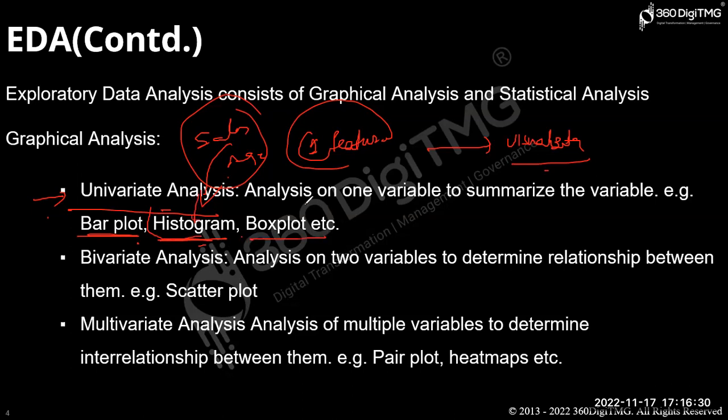And then we have box plot. When you have numerical data, continuous or just numerical, and you want to know whether we have any extreme values, especially outliers, in our data or not, in order to know this we will be going with box plot. It is also univariate. Just one variable I am giving to find out the outliers in our data. How we will handle the outliers, we will see in the end.